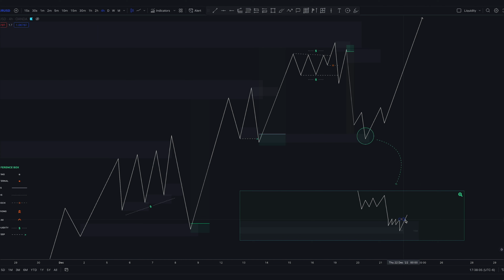So now we had a rejection of this 1 minute zone. Price didn't break this 1 minute, and it also respected the 15 minute. Okay, so now we have a confirmation entry at this high probability demand, correct? So I'm gonna show you another thing now. So now we have this fresh entry down here, correct? So now we can be looking to enter with our longs down here,